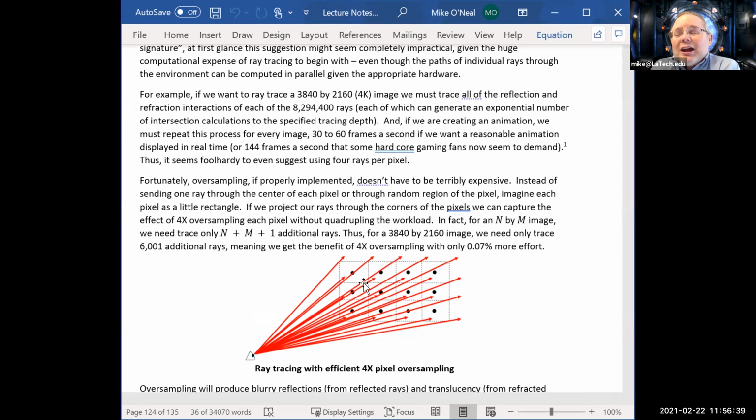Now, if you did that, you didn't change anything else, it wouldn't change the look of the image at all, because each of those rays are following the same path, and so when they do an intersection, they will do exactly the same calculations, and they will have exactly the same reflection and refraction vectors, which will end up hitting exactly the same points on the other objects, which will reflect and refract in exactly the same way. So shooting multiple rays through the center of the pixel isn't going to change the image unless you add a